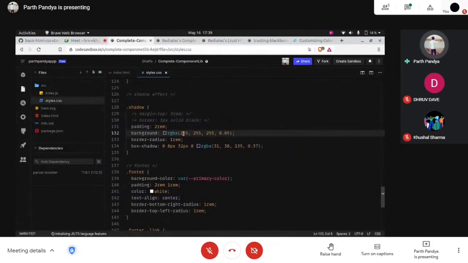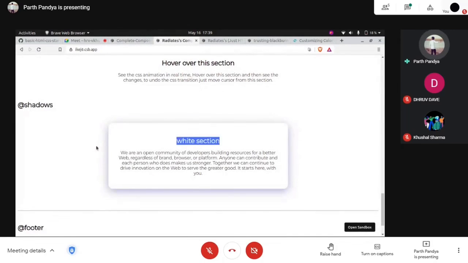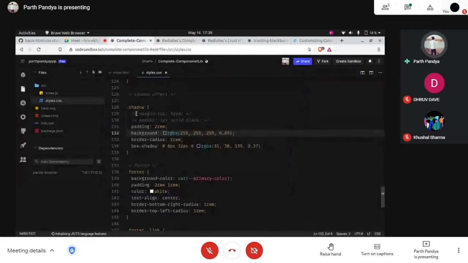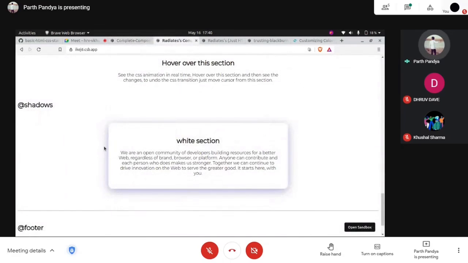And this background, we have used RGBA now, just to give a shadow-like effect. We added a slight background color, and then we used this box shadow. This is the thing which gives this part a shadow.